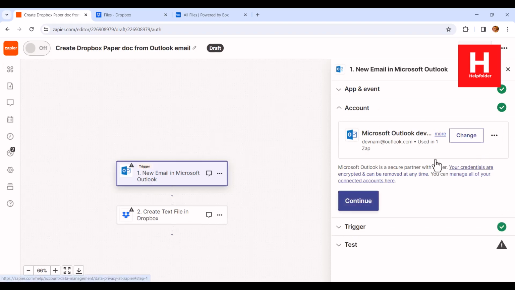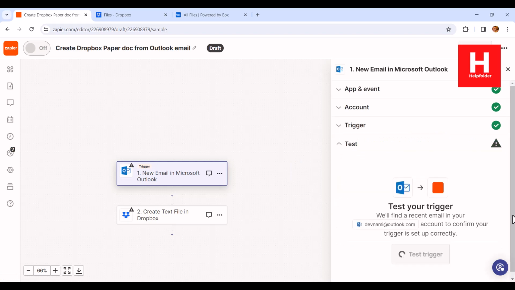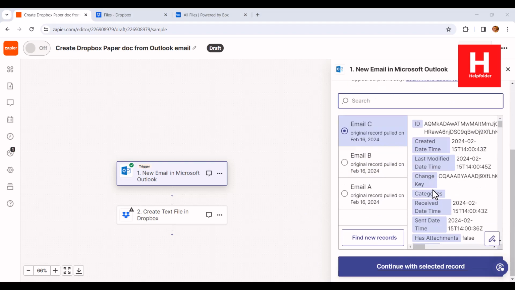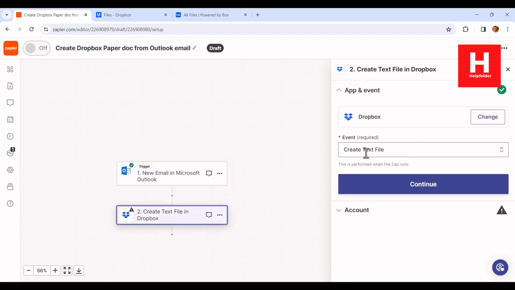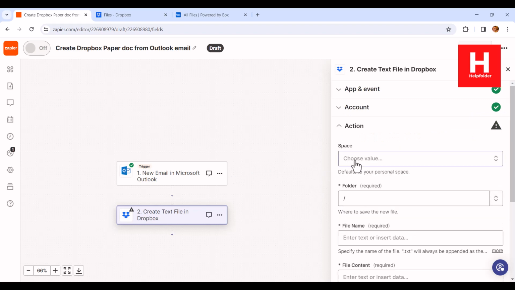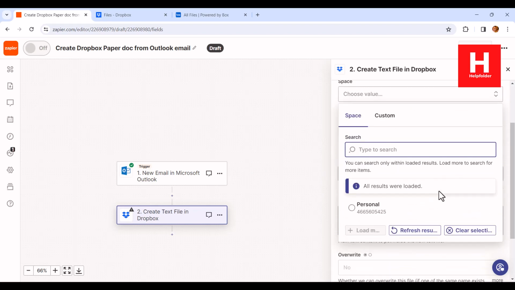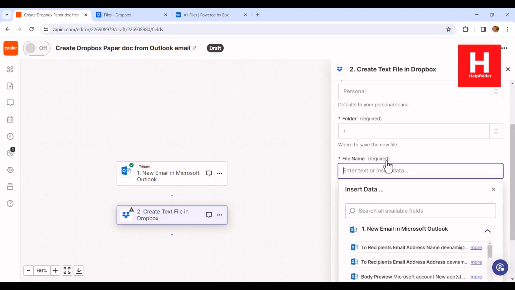Okay, so we have selected Outlook, continue with testing the trigger, and next thing we are going to take a look at the email option for the selected record. Now we can create a text file every time an email comes in, right? So we move to Dropbox, let's choose space, we choose personal, then we give it a file name, say email1,